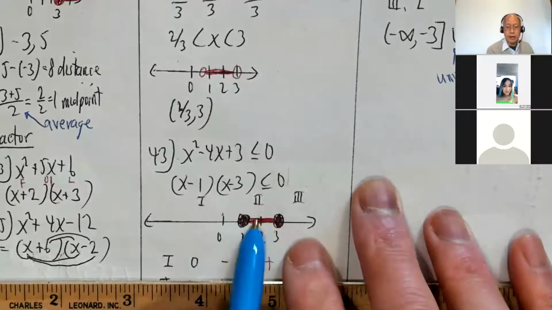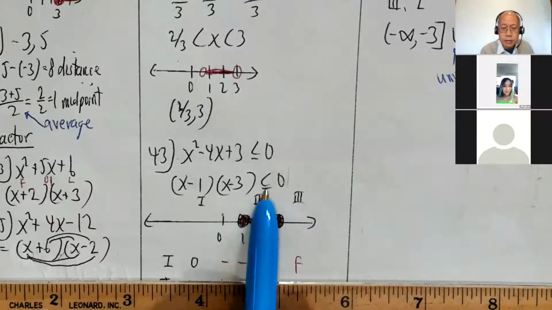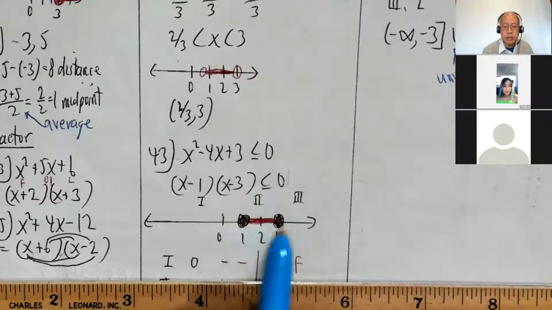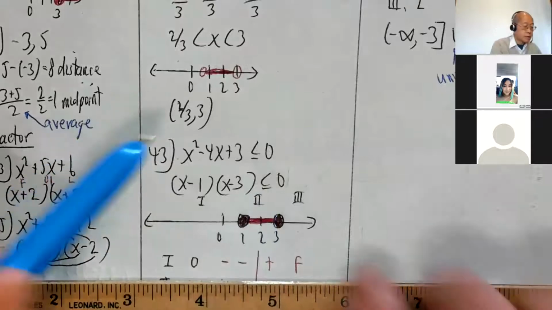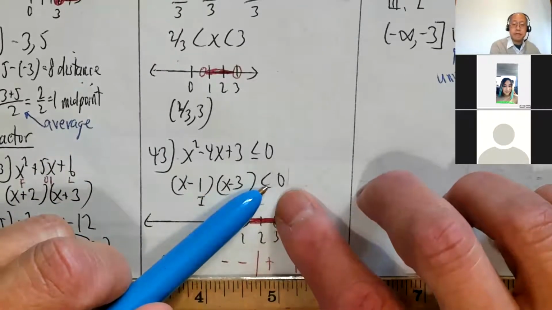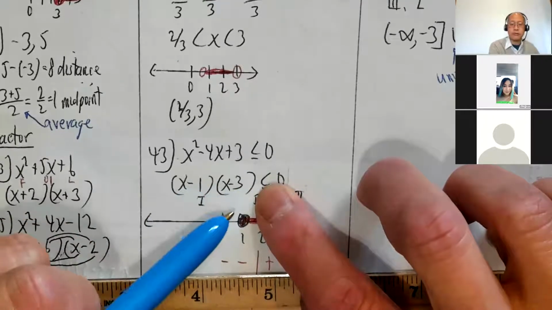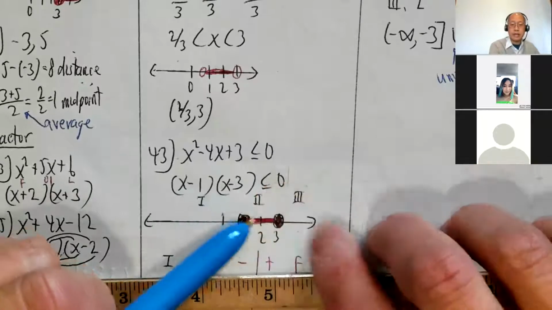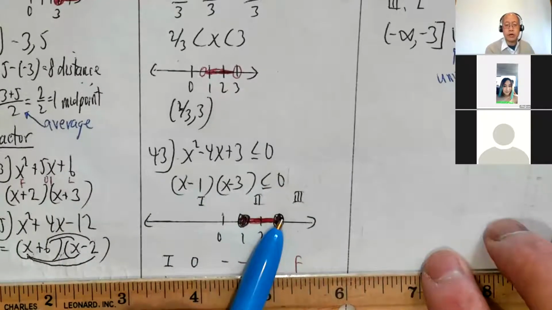Now, don't worry yet about how I got that. I'm going to do that in a moment. Let me just say quickly, if I didn't have that line underneath it, if it just said less than 0, can you guess what that means about these two circles? If it just said less than. They'd be open. Okay? In other words, it would just be like so. They would both be open. Because your inequality would then say 0 is less than 0, which is false. And same thing if you plug in 3, it would say 0 is less than 0. So correct, these would both be open.